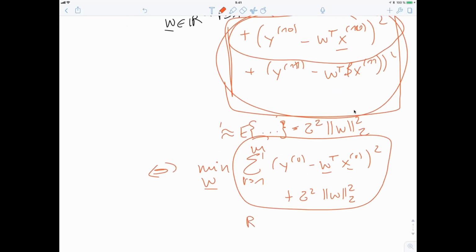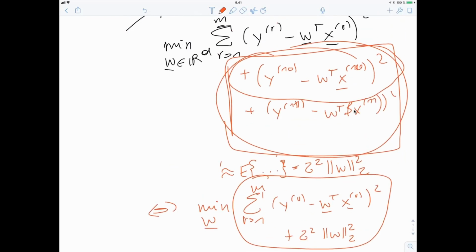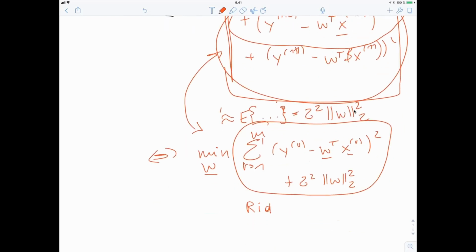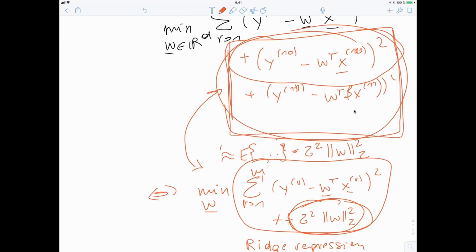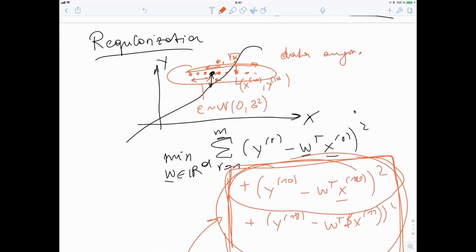That's called ridge regression. How many of you have heard about ridge regression before? Very good. And how many knew that this is equivalent to data augmentation? Very good. So I have something new for you still. Ridge regression. And this is nice conceptually for me. I find this nice because I was always struggling with interpreting this term. I was teaching ridge regression for a while, and I was always wondering how I should best explain this additional term. And one interpretation of this additional term is that it's all these additional error terms,